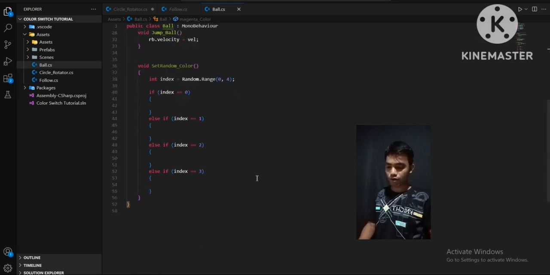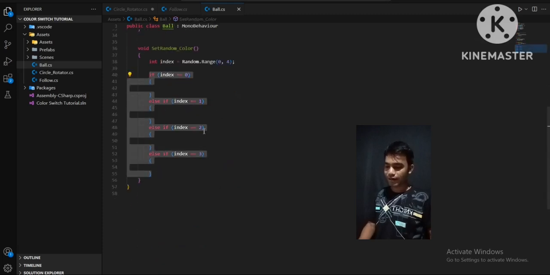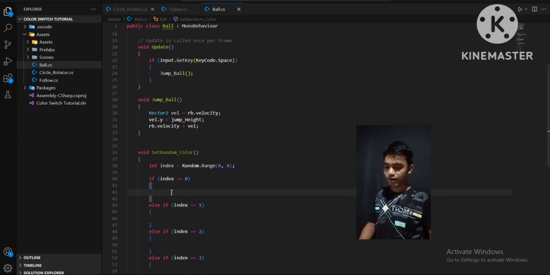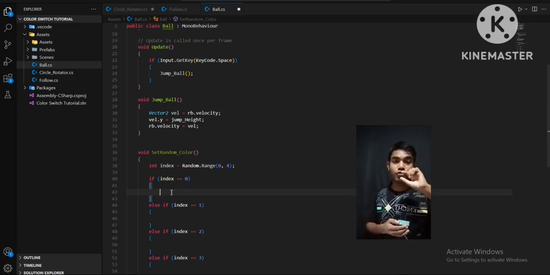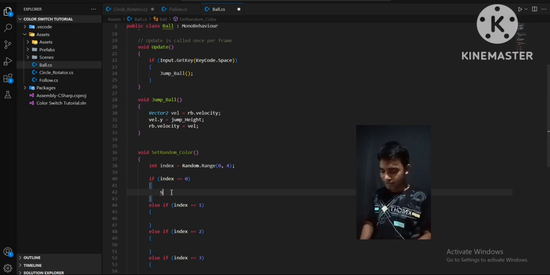Okay, so let's go to the script one more time, and over here, what we want, if the index is 1, we want to choose some specific color for our player game object. So you can set something like yellow, magenta, cyan. It's totally up to you what color you want to choose if the index becomes 0. Okay, in my case I will choose something like magenta. Okay, so I will say